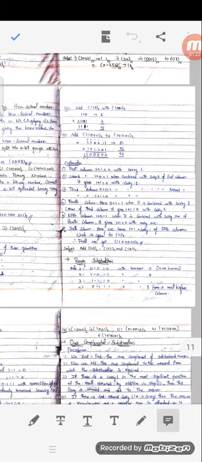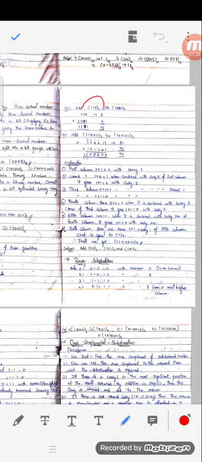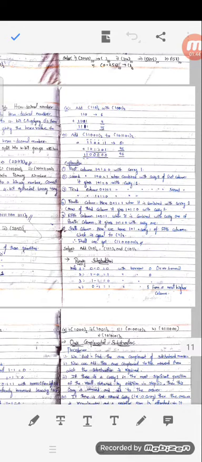To cross check, 110 is 6 in our number system, and 1001 is 9. So 9 plus 6 is 15, and we represent the number 15 in the form of 1, 1, 1, 1. So this is the method of doing additions or subtractions.